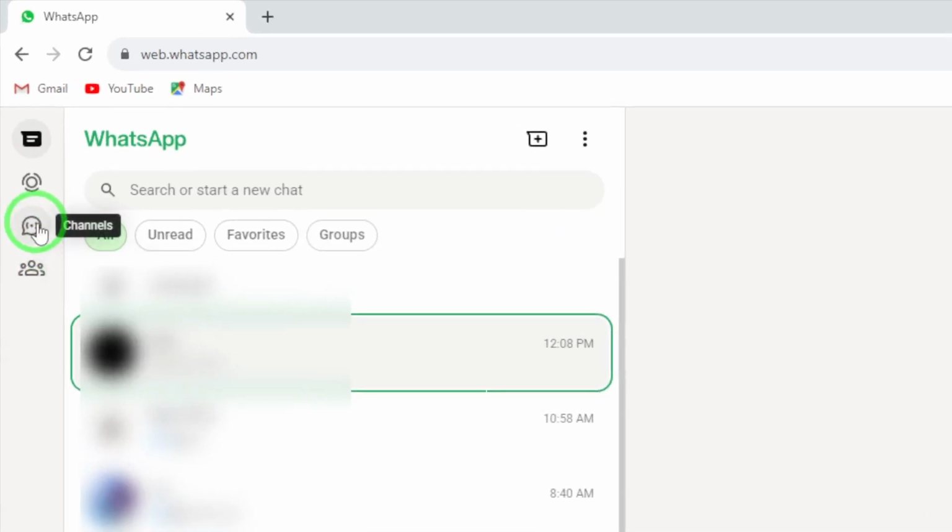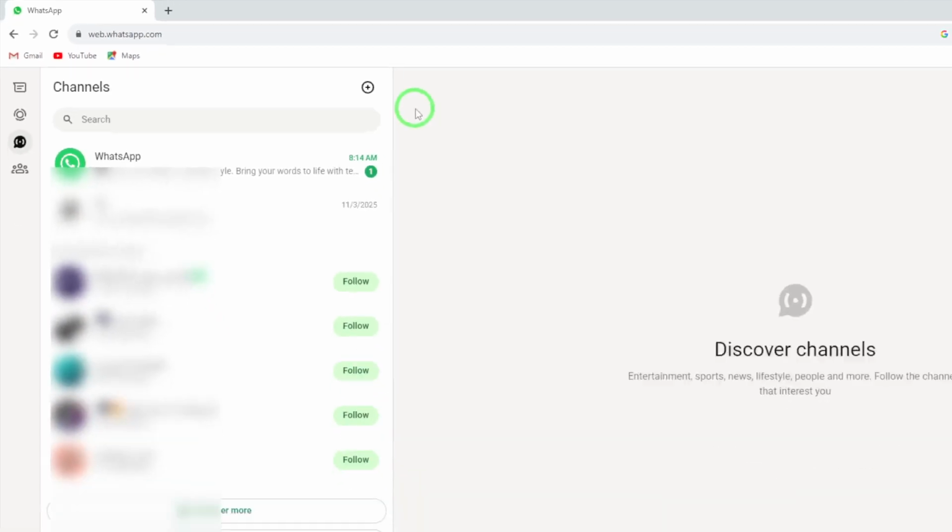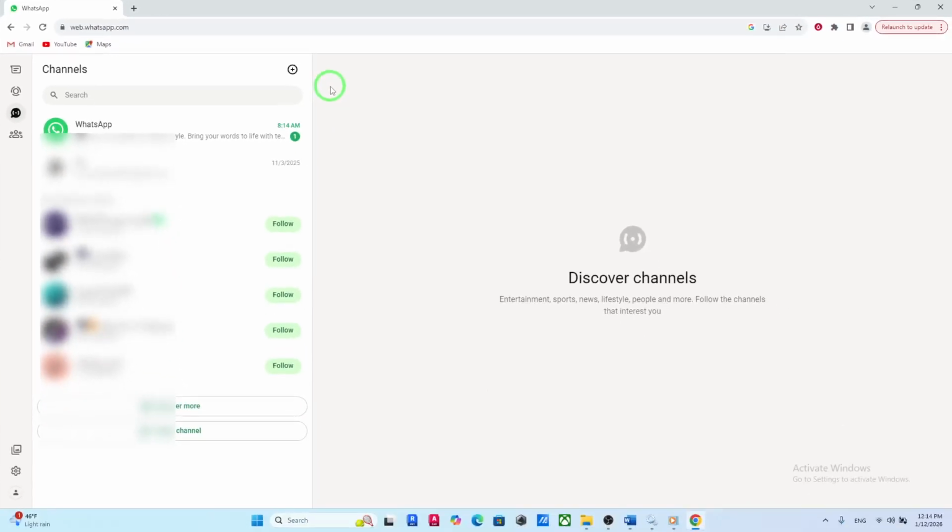From the left sidebar, click on Channels. This is your gateway to a growing world of content, updates, and conversations that you can customize to your interests. If you don't see channels right away, give the page a moment to load or ensure you're on the latest